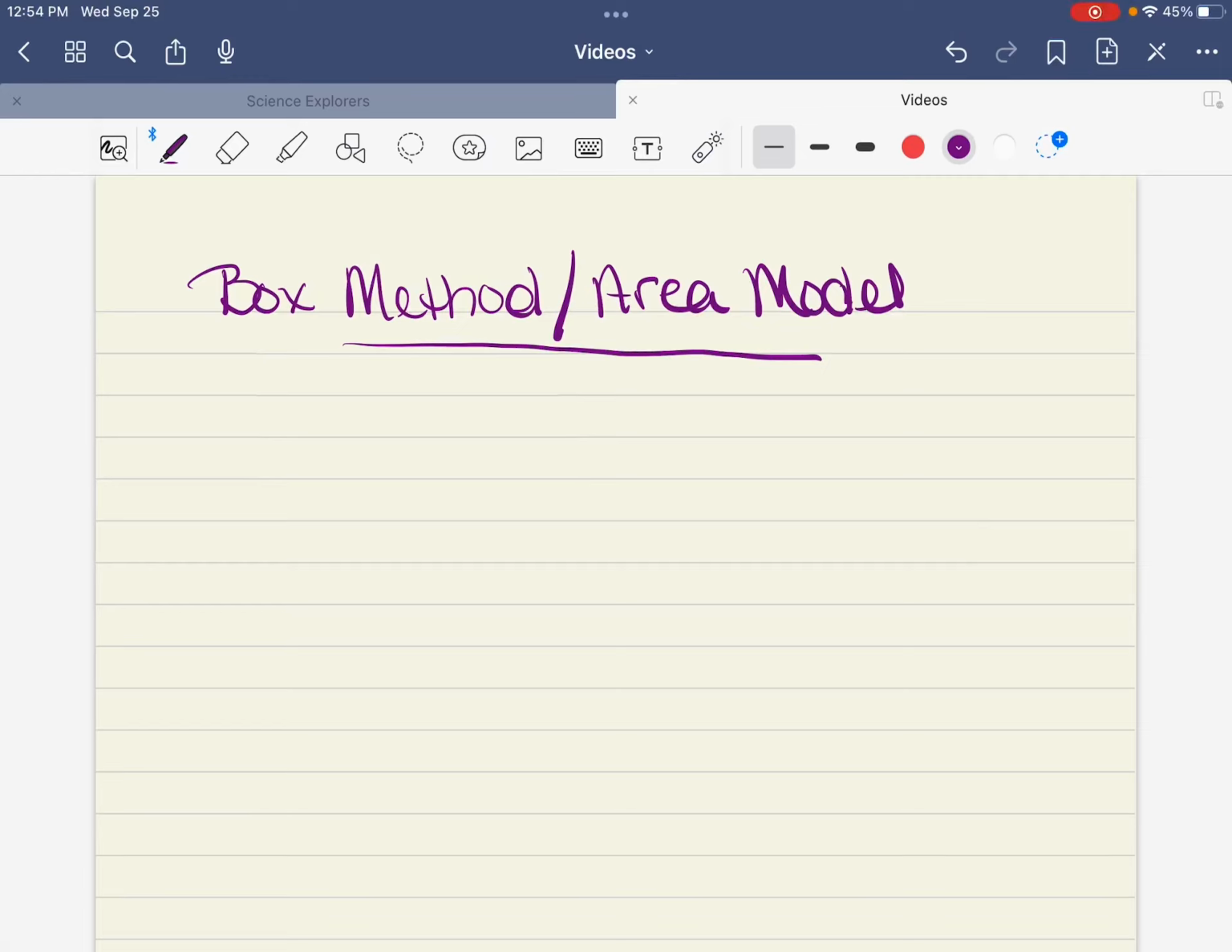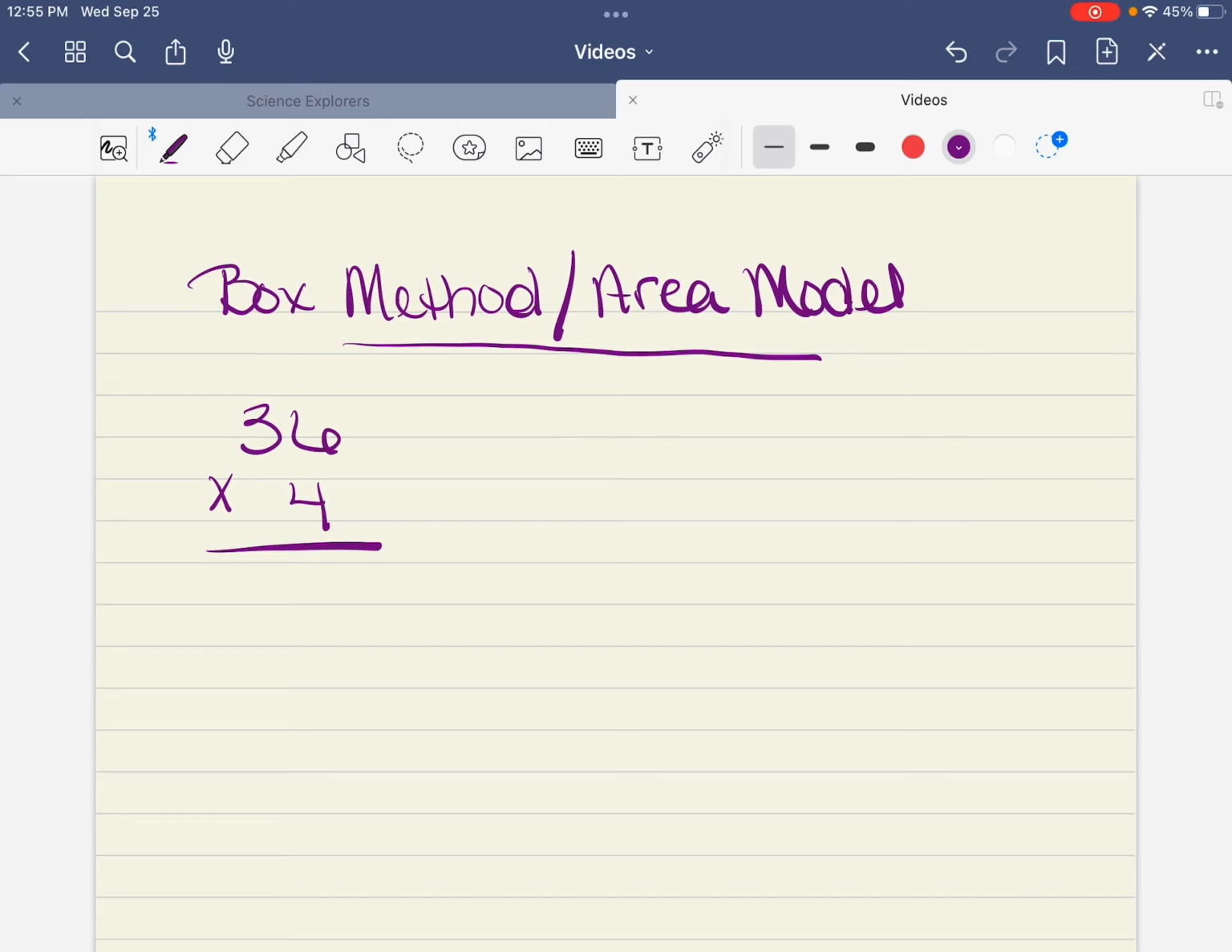Okay, so this method is called the box method or the area model. So we're just going to do a quick review of what you learned way back in fourth grade and build on that to review a little bit of larger numbers. And so if we started off with something, say 36 times 4, and we were doing the box method or the area model,